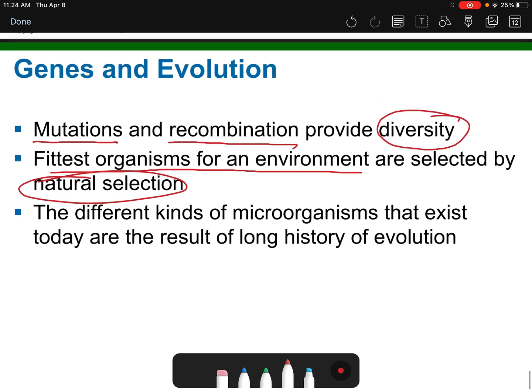Okay, that is it for this chapter, Chapter 8, Microbial